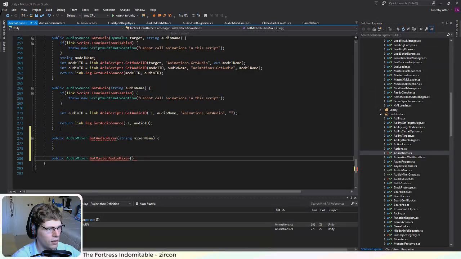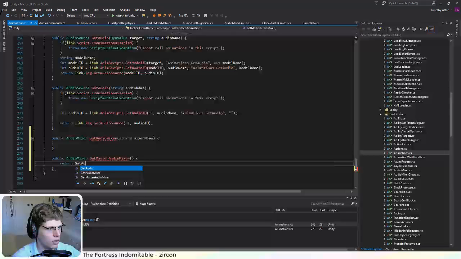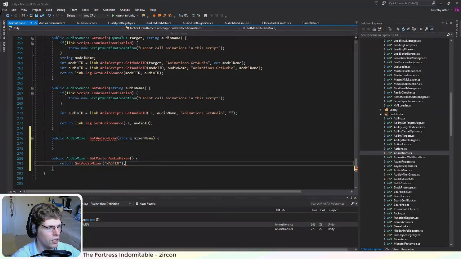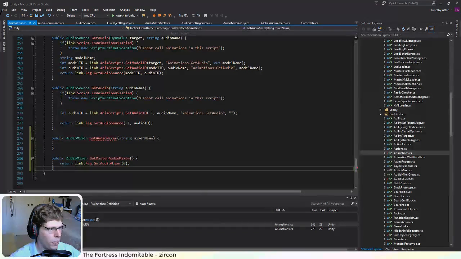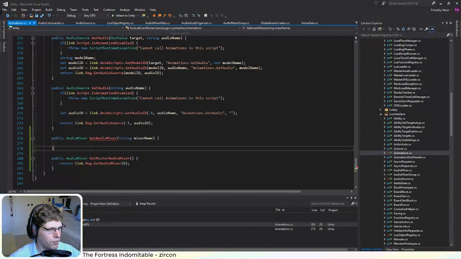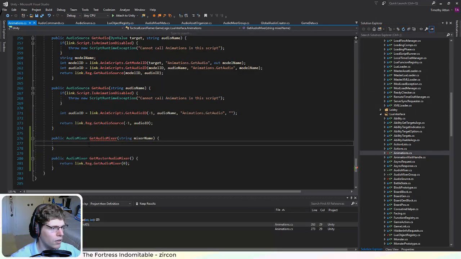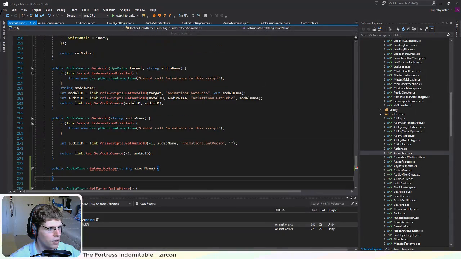No, it doesn't have to pass anything. And then that way we just return get audio mixer master. Now that we have to use this. Oh no, we won't do that. So the master is always the first. So yeah, to avoid having to use that name, let's just pass 0 in there. Okay, so anyway, the mixer name, to get this we have to,